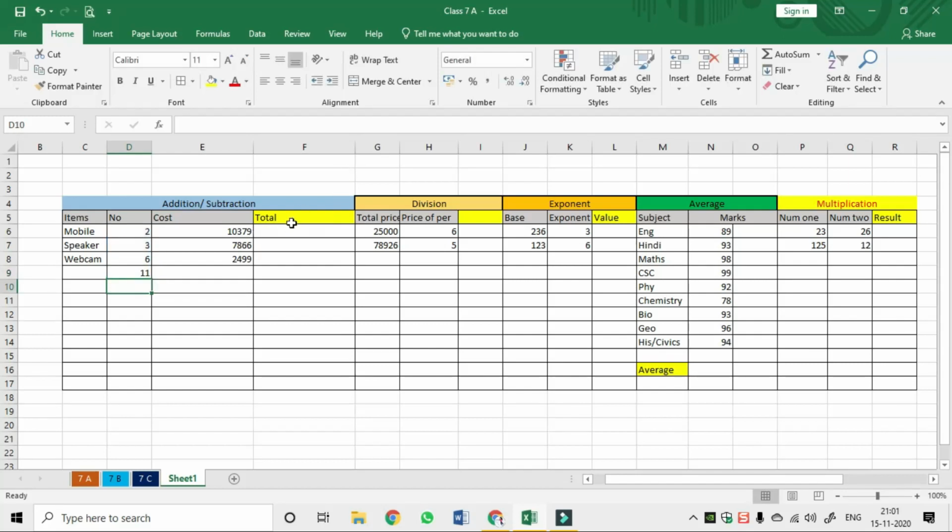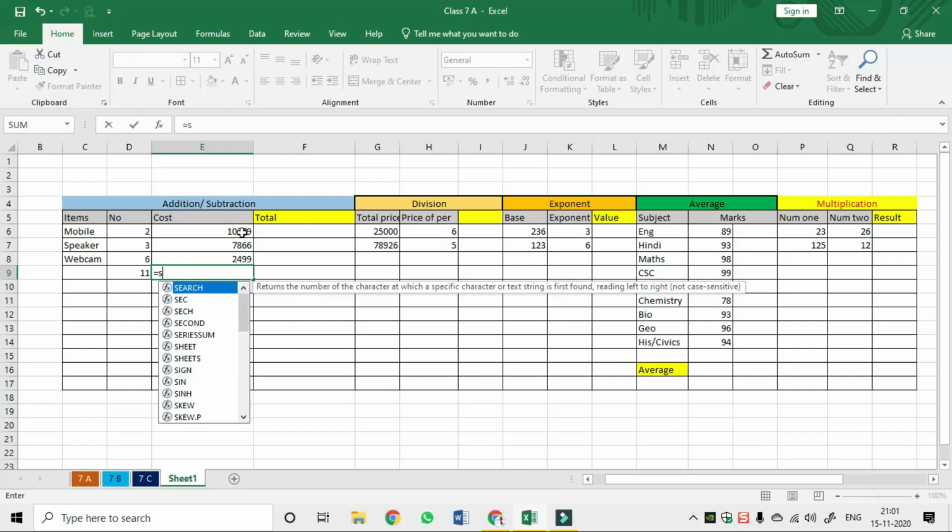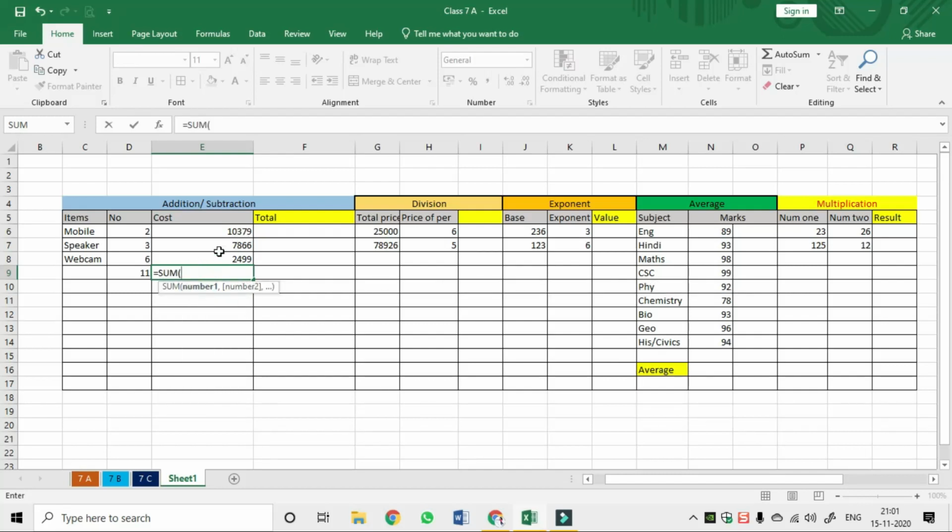You may think that doing it with 3 numbers is difficult, but when you want to select one particular set of numbers, this is easy. For example, if I want to add only 2 numbers, this method will help you find the answer. Same method here: first method auto sum, you got the answer. Next, the manual method: equal symbol and SUM, make sure the left bracket is there, select the range, closing bracket, hit enter, and you get the answer.